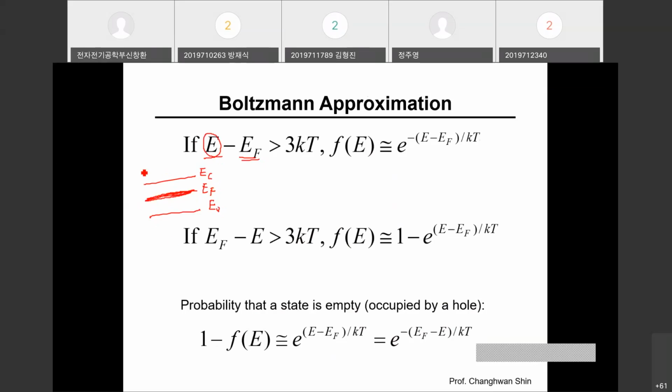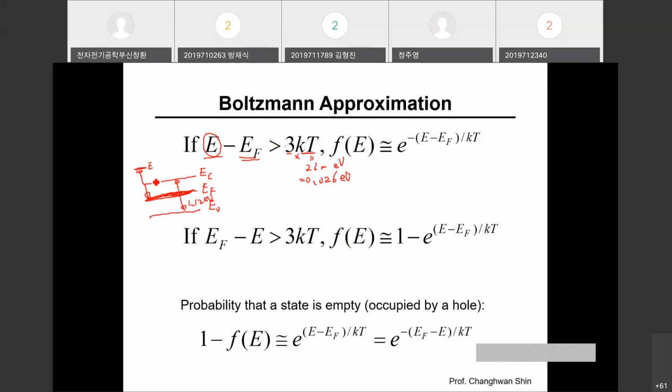So if the energy state that I'm interested in is here, and this E minus EF is higher than 3 times kT. Here at room temperature, kT is about 26 milli electron volts, and the band gap energy is 1.12 electron volts. This kT is 0.026 electron volt, times 3 means just less than